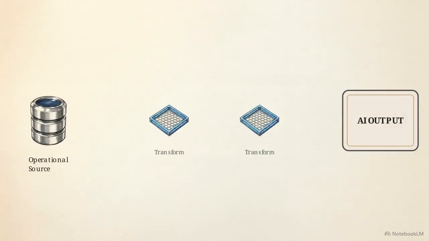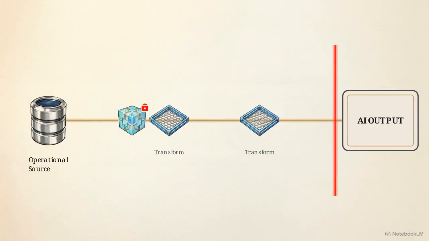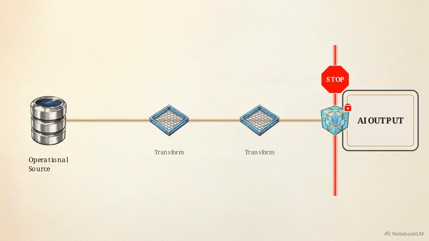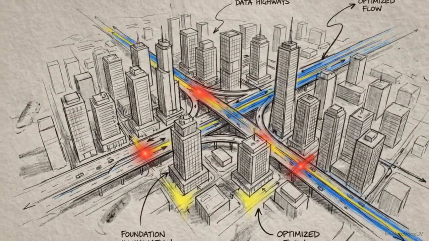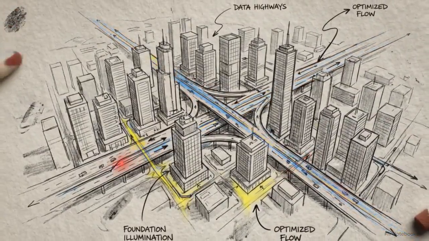Metadata enables data lineage, the ability to trace an AI model's output all the way backward, through the transformation steps, to its original operational source. Automated governance tools use this lineage to flag sensitive data, stopping it before it accidentally reaches an AI training model. Ultimately, modern data architecture is the engineered foundation required to turn raw digital exhaust into reliable,